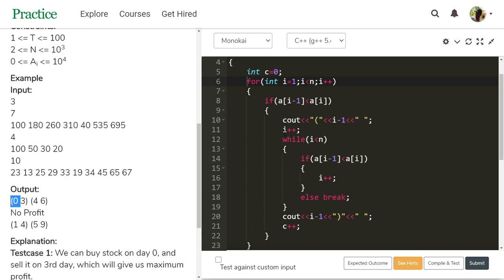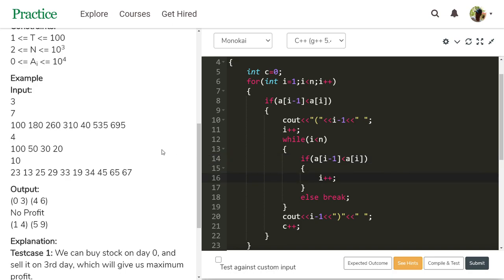Then i increments. The i value is 2 now, 260. While 2 less than 7 is true, the if block executes. A of i minus 1 less than A of i. See this, 180 is less than 260.